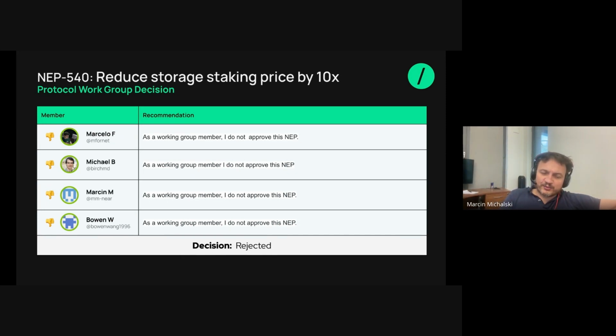So one thing that I hope, while this NEP failed, one thing I hope we'll be able to deliver soon is, how it's called, a global account, a global code storage, so that if a given code already exists in a given shard, then users trying to deploy it should not pay twice for the same storage, right? So in theory, having something like that, having a NEP like that, would be a proper solution for this painful thing.